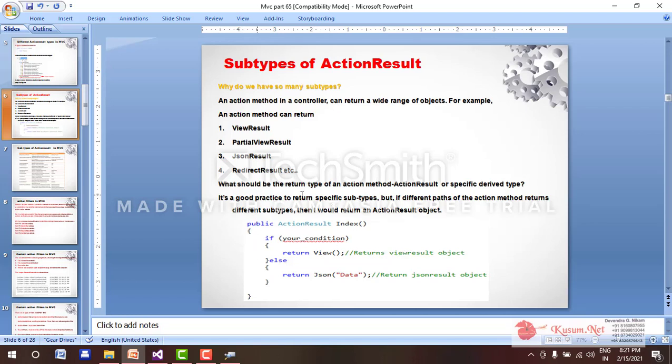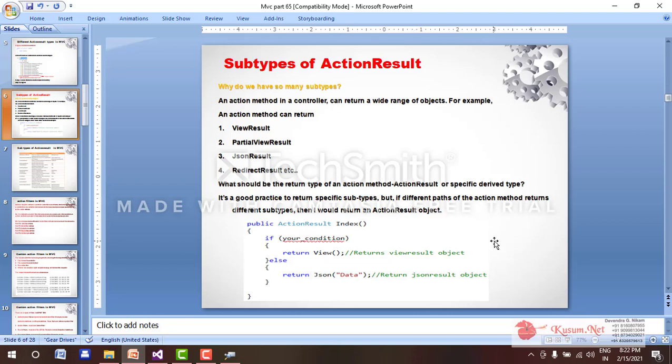So what should be the return type of an action method: action result or a specific derived type? If I use action result and return a view result, is that okay? Yes, it's okay, because all these subtypes are derived from action result. But it's good practice to return specific subtypes.